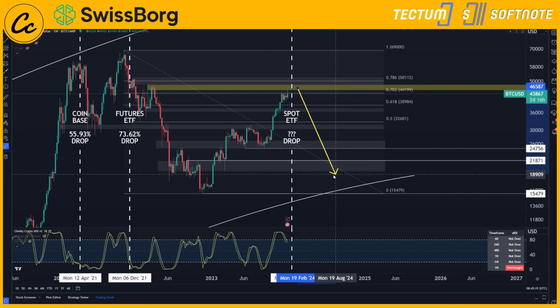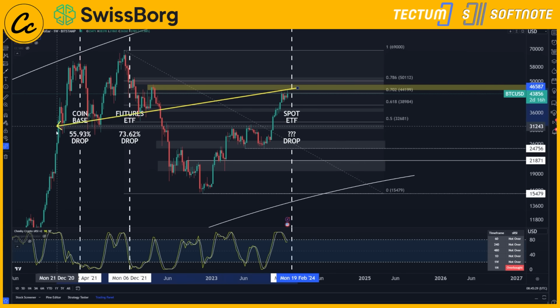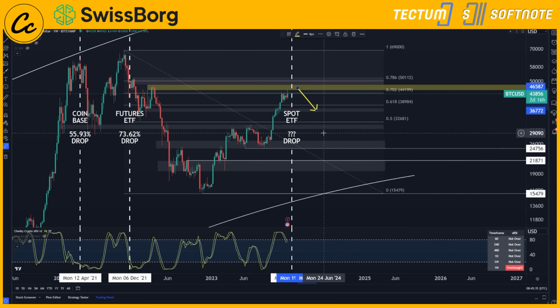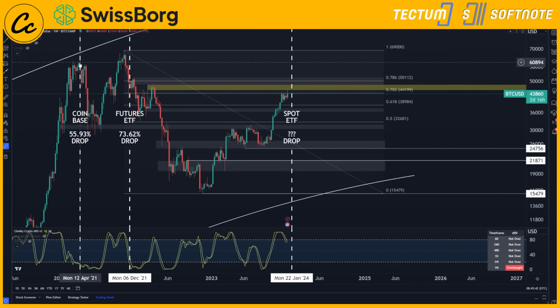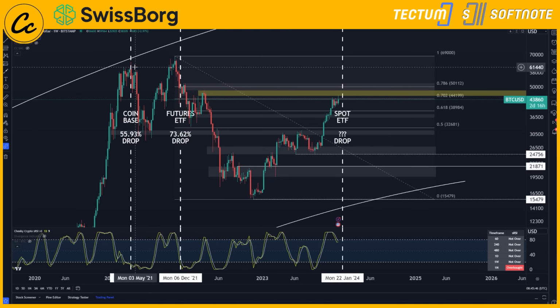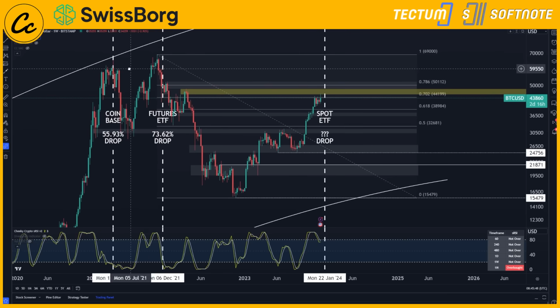I'm not saying that the price has to go to all of these, but we are expecting price to move down towards some of them during the Bitcoin Spot ETF sell the news event, which is the same as all of these other sell the news events that happen to coincide with tops. People in the comments are quite unbelievable when it comes to naivety sometimes. Essentially, these tops happened because of the sell the news event; it isn't that the tops just happened and then the sell the news event happened afterwards. That isn't how it worked.